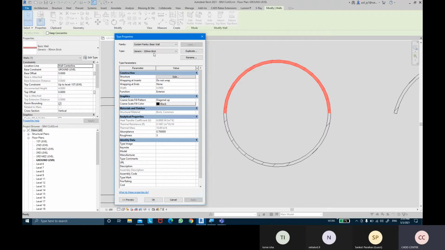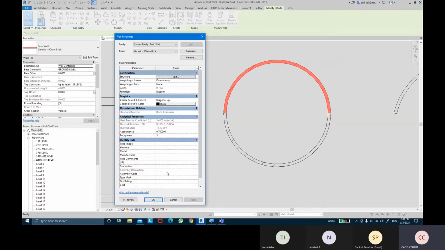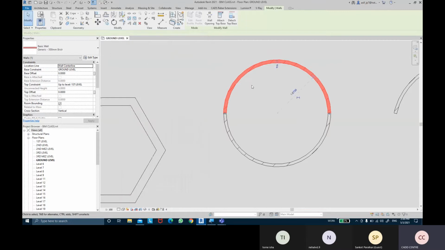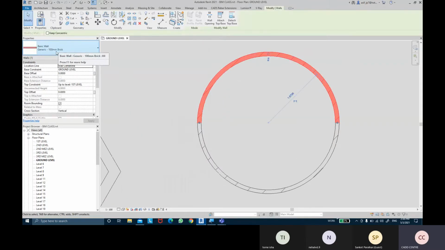Click OK. Then I edit the structure of this wall, because the thickness says 90, and I change that to 100 and click OK, and one more time OK. It changes, so this wall becomes 100 brick.